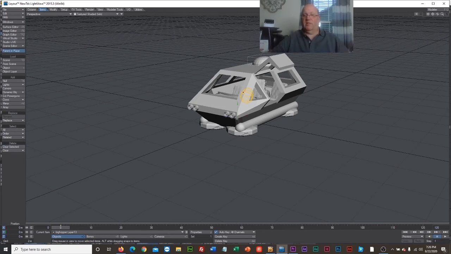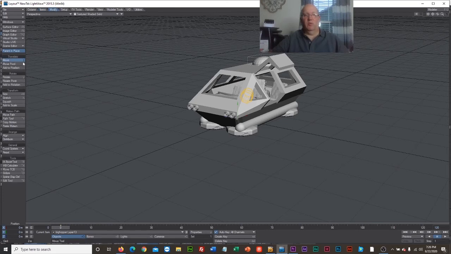But obviously this is going to be a real pain. So for example, if I wanted to move something, if I go to Modify, Move, in order for this to work, I'd have to select all the objects that I wanted to move, and I don't want to do that. So I'm just going to show you that if you're in